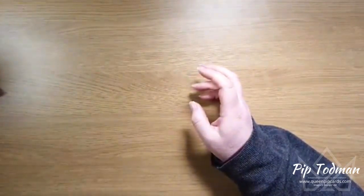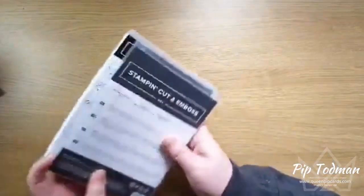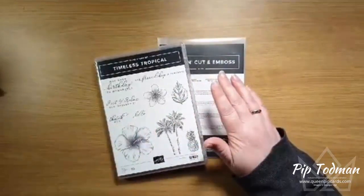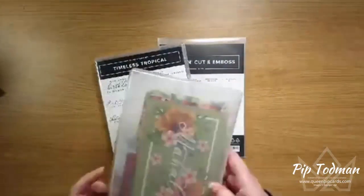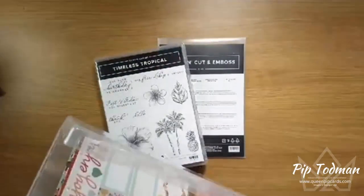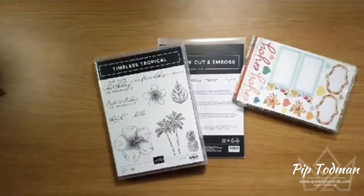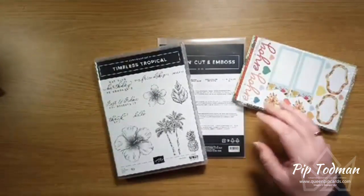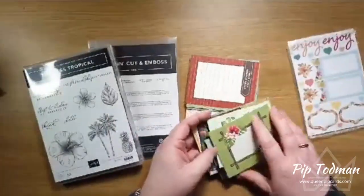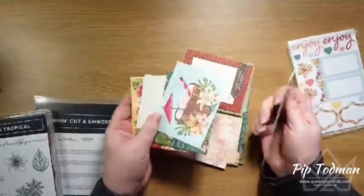Chatting about Tropical Oasis again. I love this set. I can't stop thinking about what I want to do with it, and today we're going to be playing with the added bonus of the fabulous cards. These are the Memories and More cards that you get with the Tropical Oasis Memories and More pack. So these come pre-designed, pre-printed, and look at that, coconut,